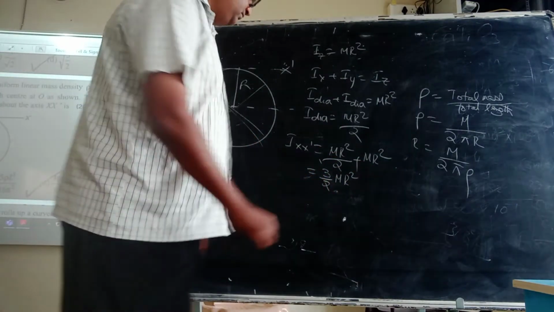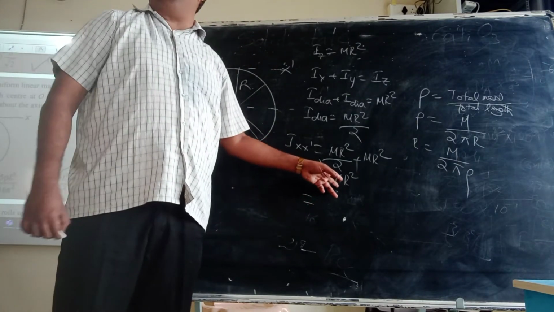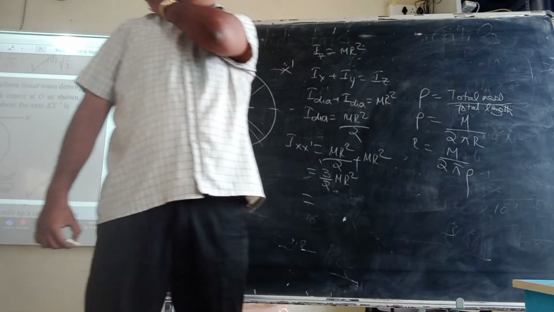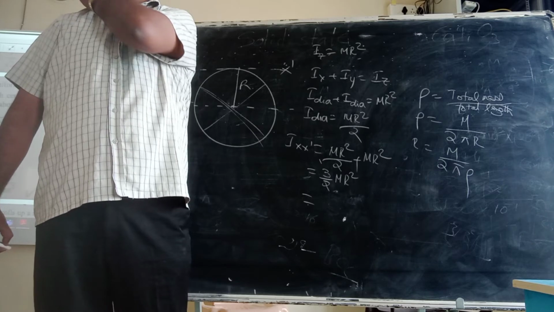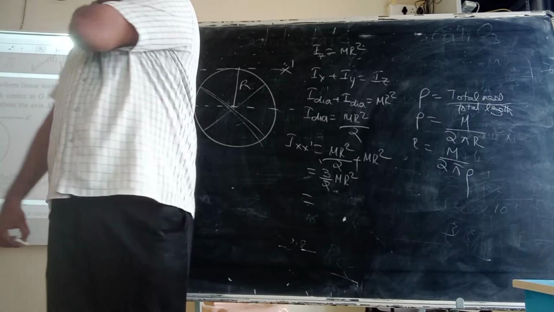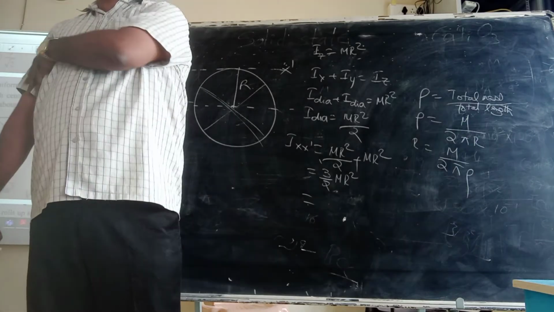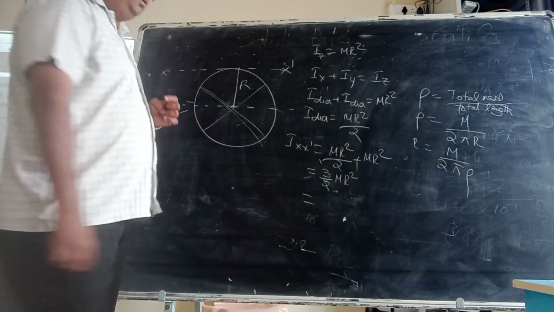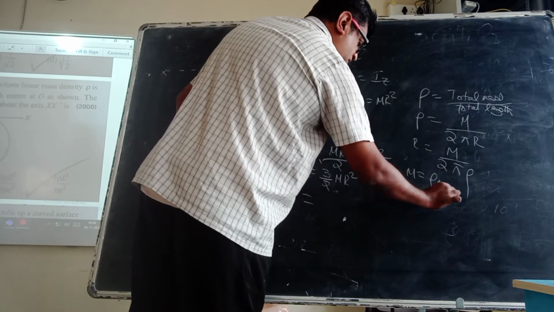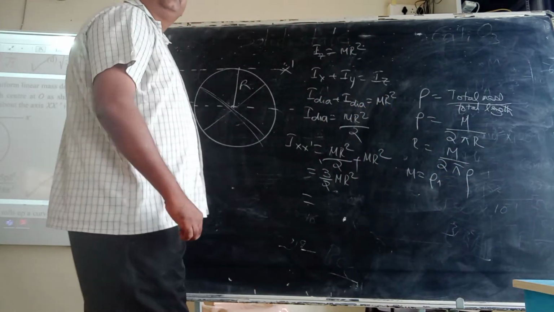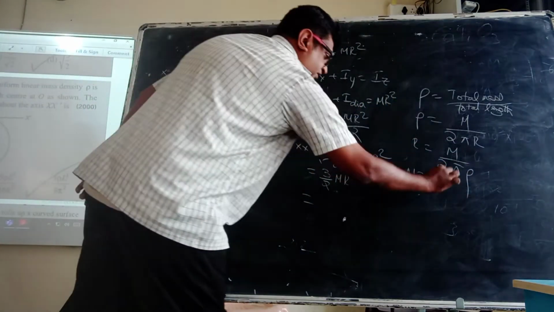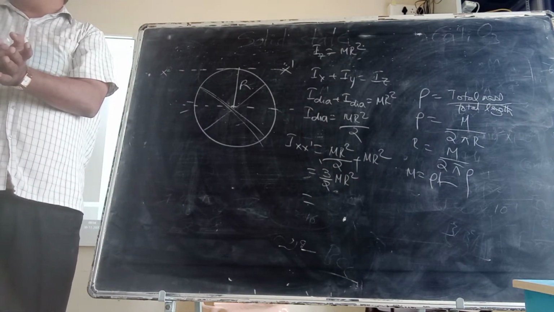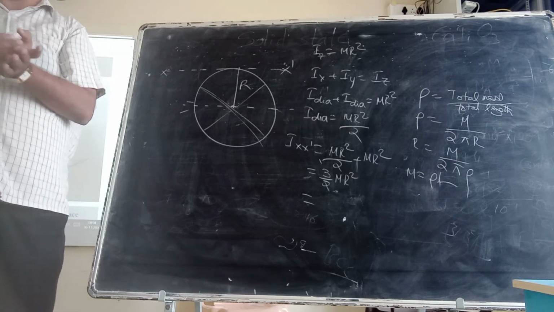Alright. Acha. Now you have to write the value of m also here. R we have eliminated. But what is the value of m? What is m? Length multiplied by the linear density, right? Length multiplied by rho, the length of the ring L, isn't it? You might have bent it in the form of a circle, but m will remain rho into L only, na? Okay, so let us put it in.